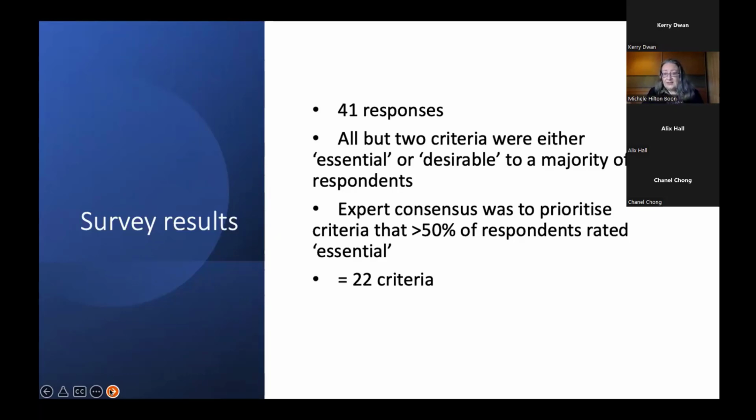The survey results were then discussed with the expert advisory group, and the group's consensus was to prioritize those criteria that had been rated essential in the survey by more than 50% of respondents. So this resulted in a final list of 22 criteria for use in identifying preferred and acceptable risk of bias tools.